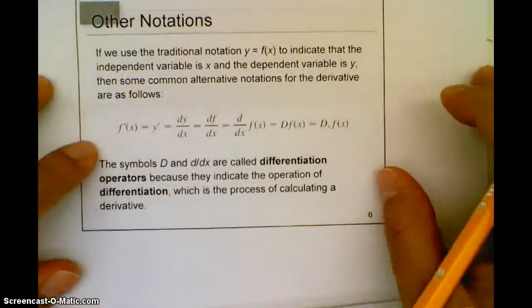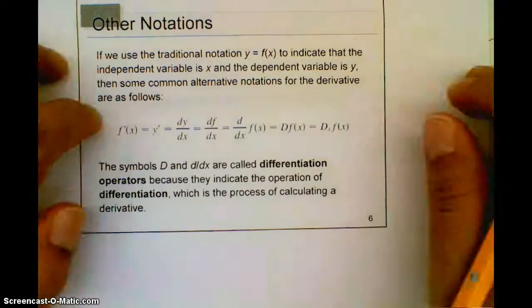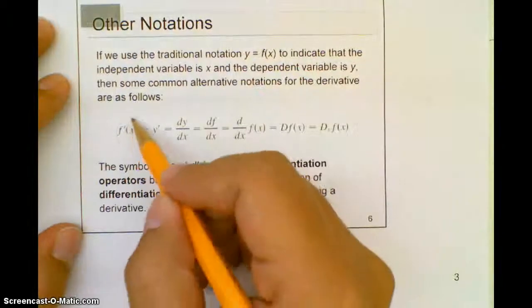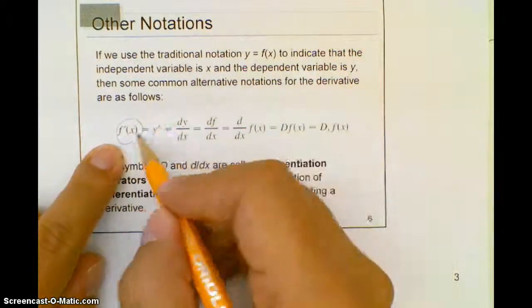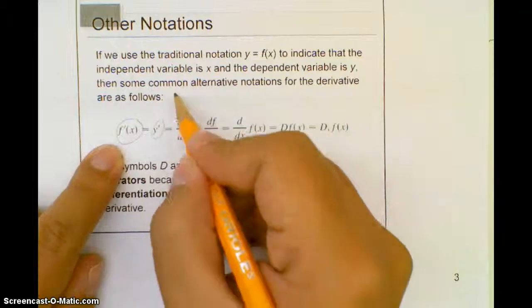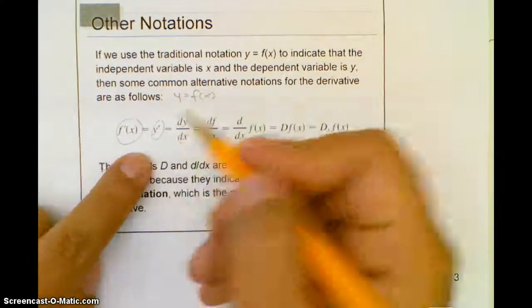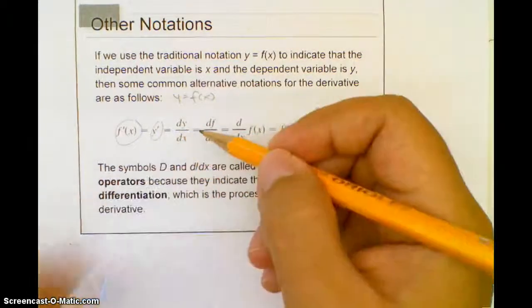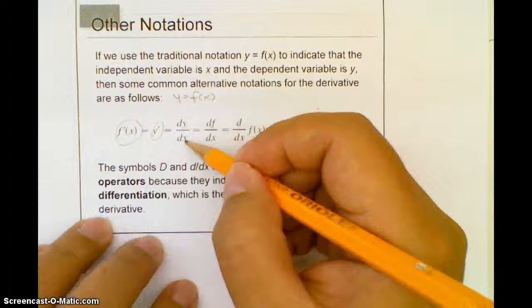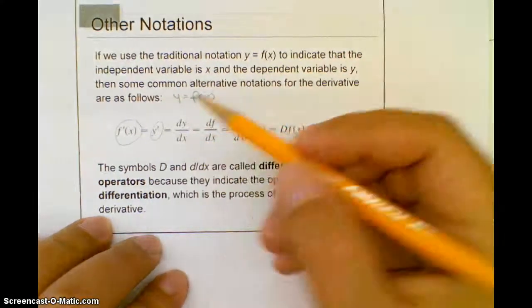Now, we're going to study other notations for derivative. There are several ways of calling them, and some ways are more useful than others. In here I have f prime of x, and that's the one that you've seen in the section before. I can also call it y prime because remember, y is the same as f of x, so if I can call it f prime, then why not y prime? The other notation that we can use also is dy over dx. You could think of it as the difference of the y's over the difference of the x's,